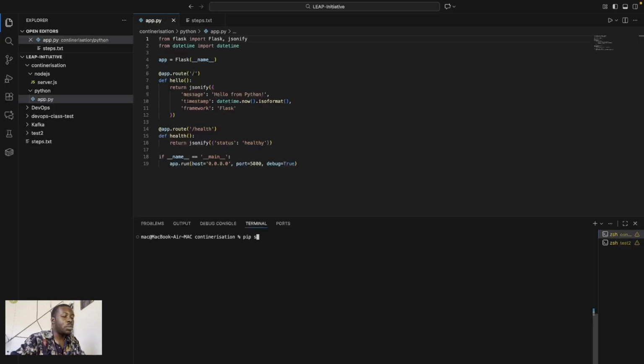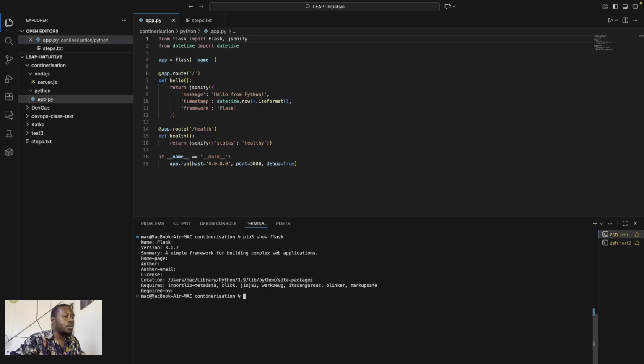So we can do pip3 show Flask and see. Okay, so this shows that Flask is installed now, Python Flask version 3.1.2. And you see that the line that we had initially has been removed. So this proves to us that it has been installed.